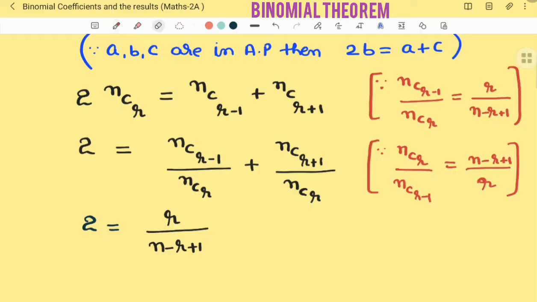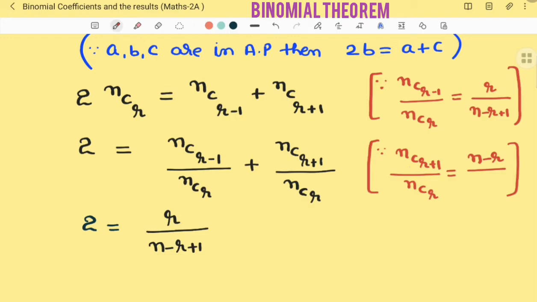Similarly, if you write the reverse, that's what I am writing once again. Previously I wrote the reciprocal, nCr minus 1 by nCr. Now nCr plus 1 by nCr. Observe carefully, in this case nCr plus 1 by nCr, here r plus 1 is bigger compared with r. So this time, first the denominator nCr is there, and n minus r you write in the numerator. Just you have to remember this information.